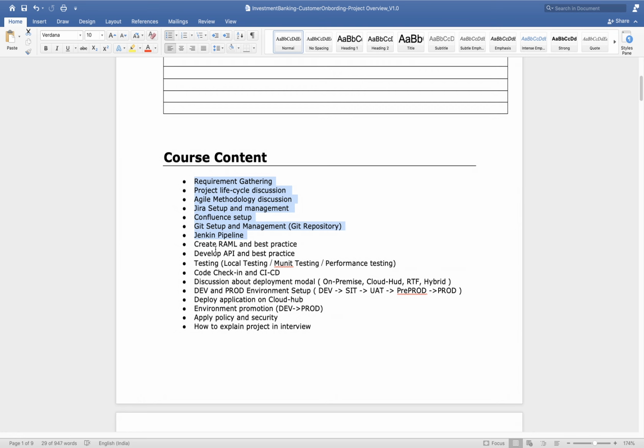Next, after RAML, we will publish that RAML on Exchange. Just as we send our map to the municipality for verification, once we publish our RAML on Exchange, we will have BA people, from whom we are getting the requirements, or you can say stakeholders. They will validate your RAML, the same way a municipality officer will validate your map.